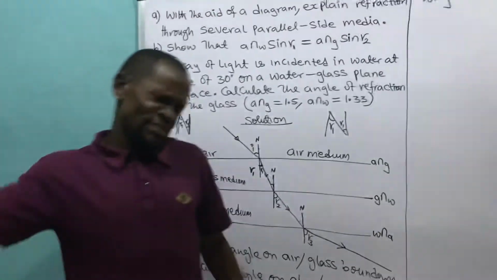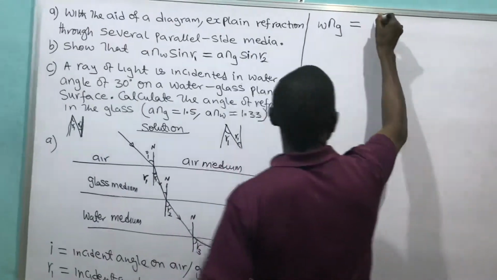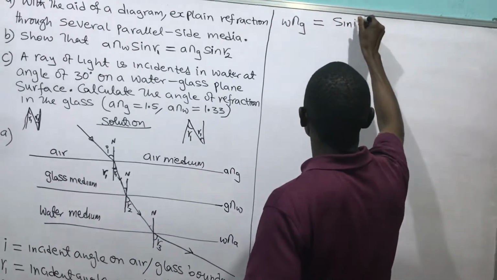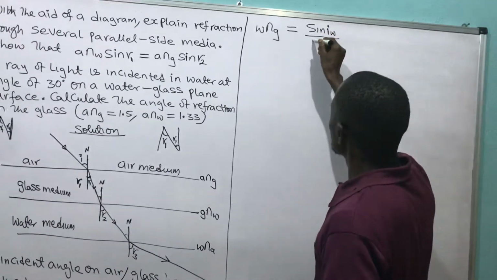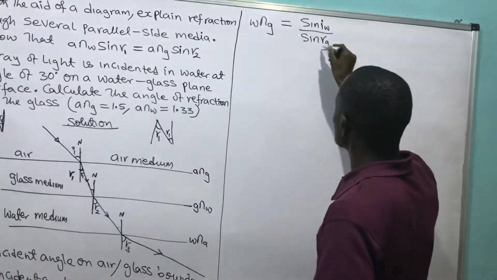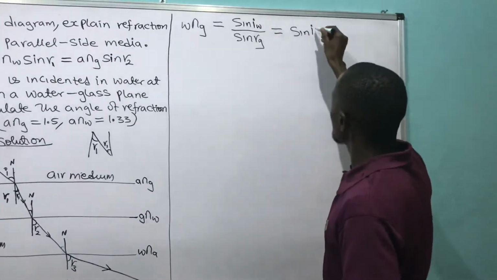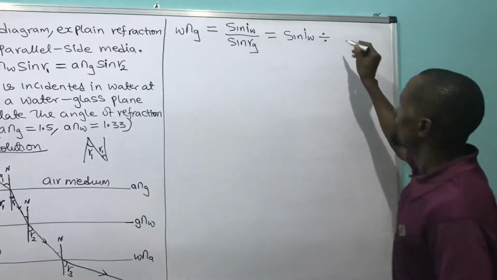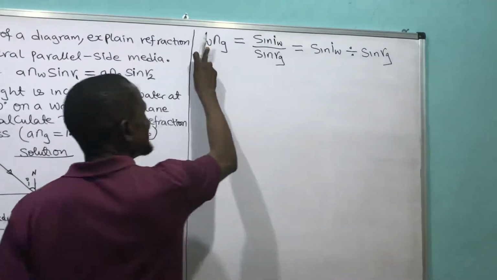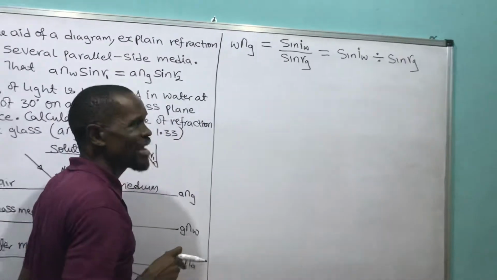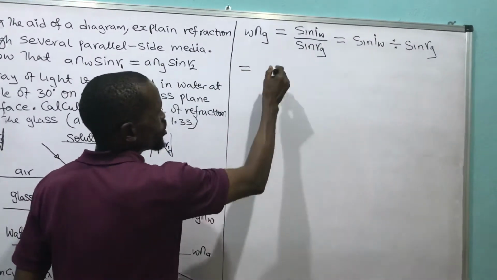And this is stated as incident angle in water, all over refraction angle in glass. This can be written as sine of incident angle in water divided by sine of refraction in glass. That means I incidented in water and I refracted in glass. And this is the same thing as